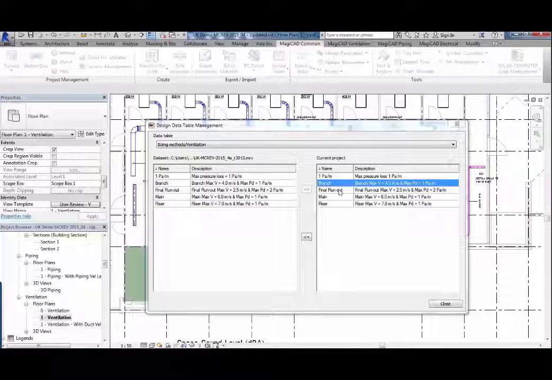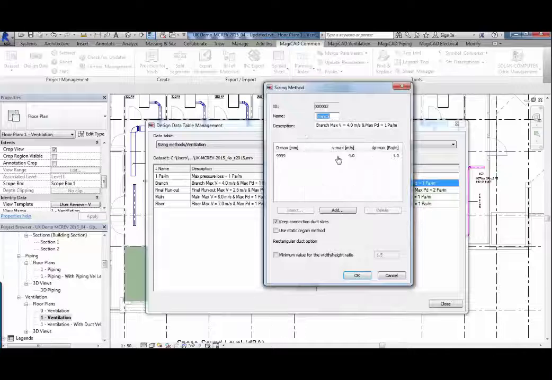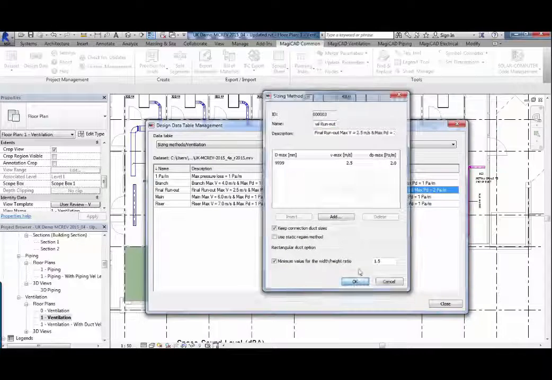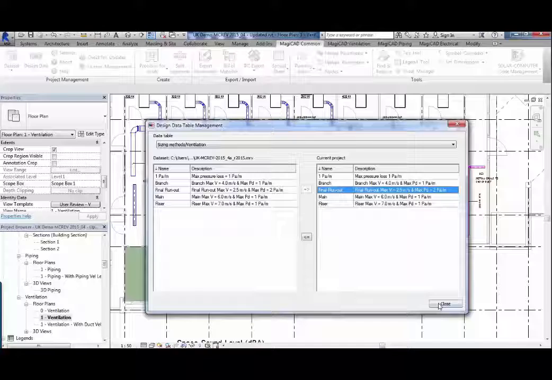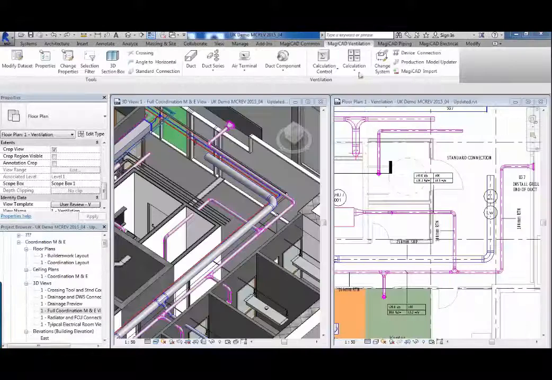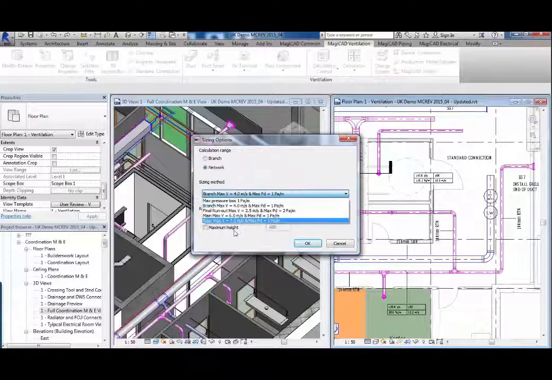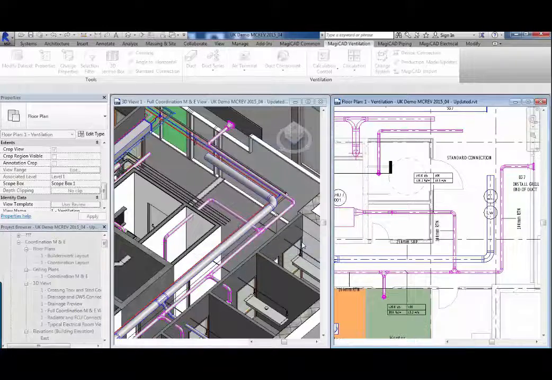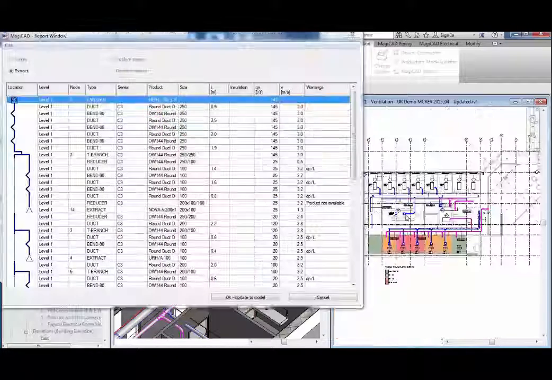This is the ductwork calculation tool within MagiCAD for Revit. You can define exactly your rules and your criteria for how you want to size up ductwork, circular or rectangular, on velocities, pressures, both. Depends on what type of system it is, where the system is, or the size. Then you go to the sizing calc, choose your method at which you want to size the ductwork, choose a maximum height or width for rectangular if you want, and then just click on the system you want to size